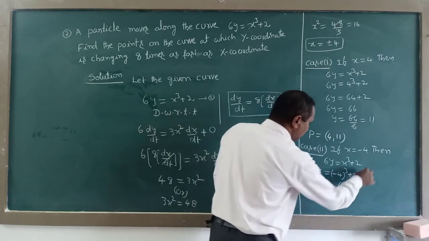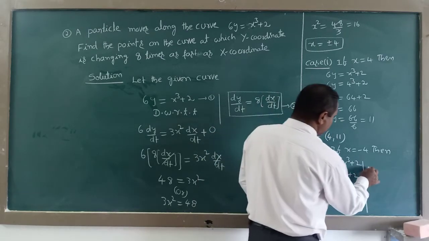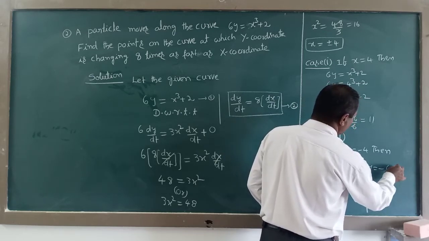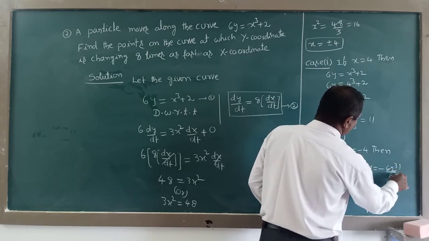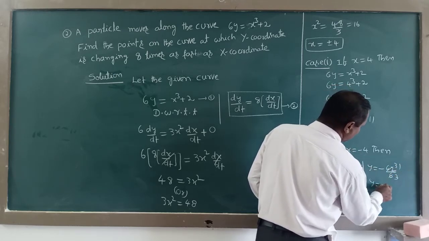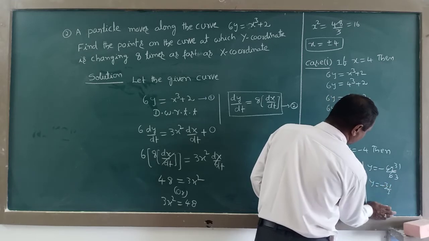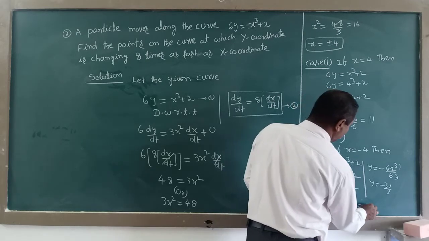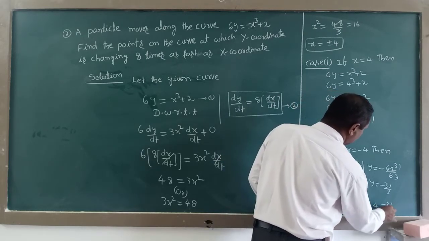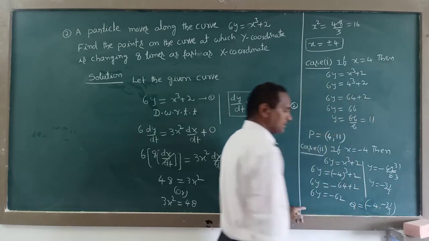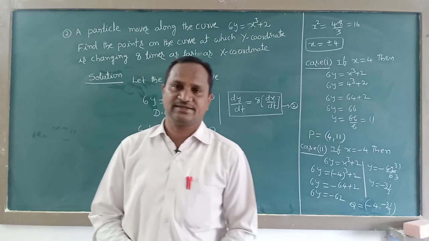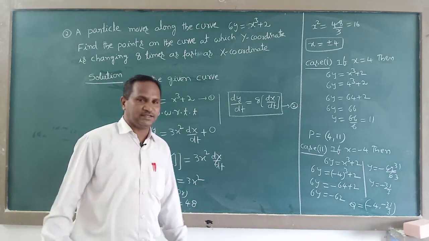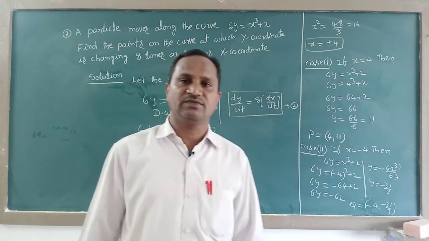That is y is equal to, here I am going to solve this, y is equal to minus 62 by 6. On cancellation, 2 31s are 62 and 2 3s are 6. That's why y is equal to minus 31 by 3. That's why the other point, the last point, Q is equal to minus 4 comma minus 31 by 3. Like that we got 2 points here. First point is 4 comma 11. Second point is minus 4 comma minus 31 by 3.